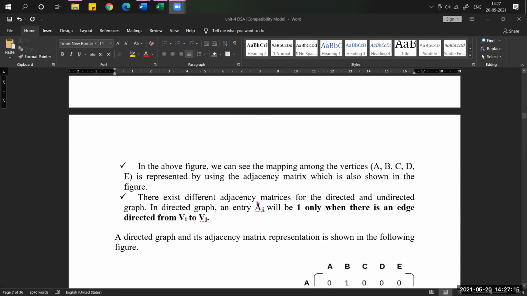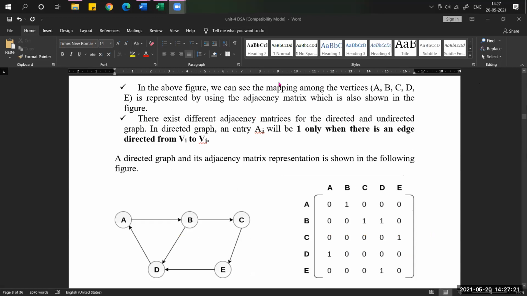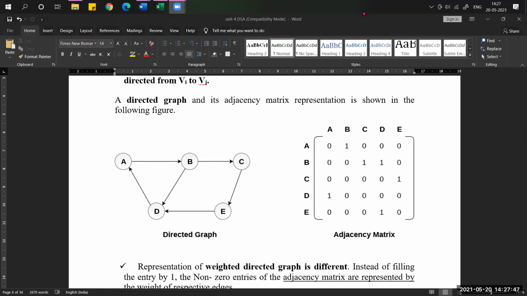Next, we will talk about the directed graph. Whatever I said up to now is just theory. Next, directed graph. So what is meant by a directed graph? I already said every edge has a direction. See, A to B there is an edge, but there is no edge from B to A. So you have to observe the directions here. Directions means arcs, either going forward or backward, like that you have to observe.